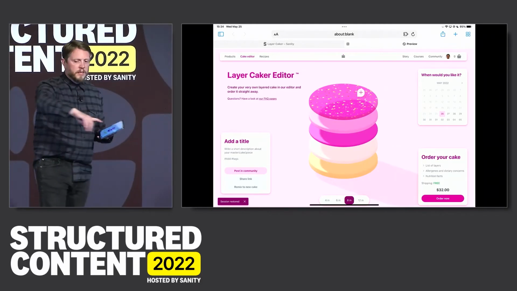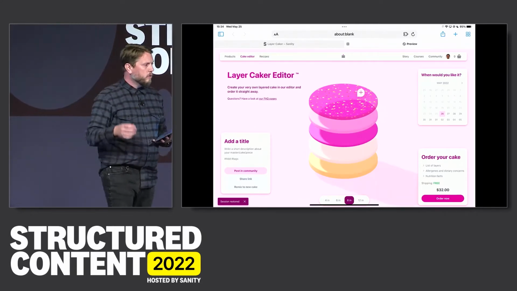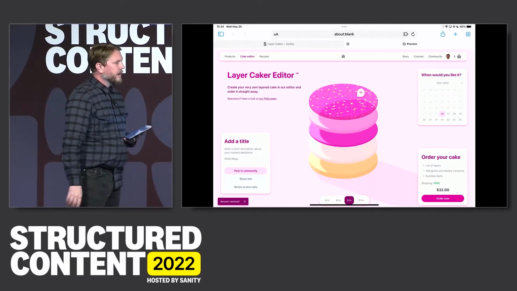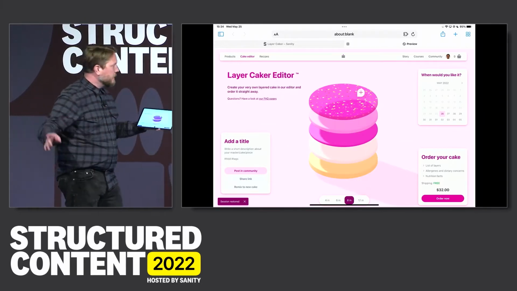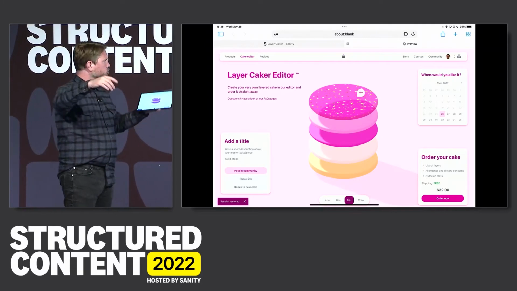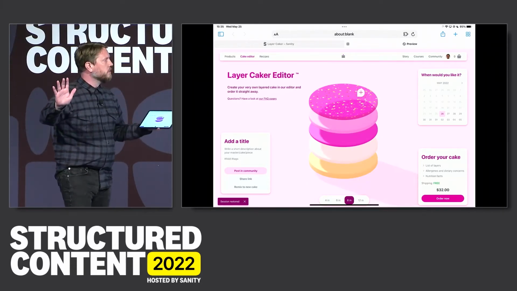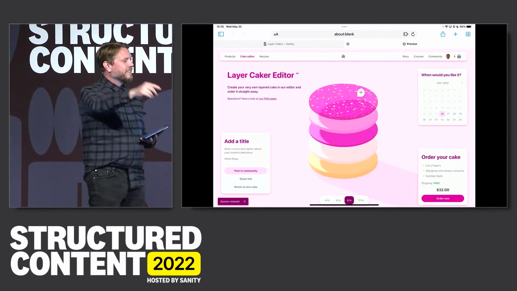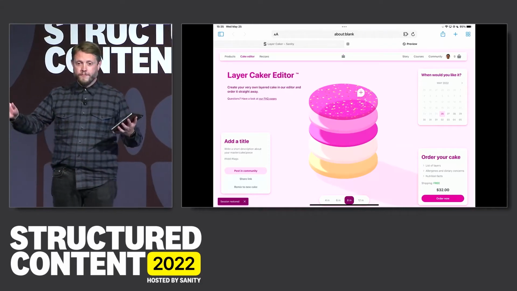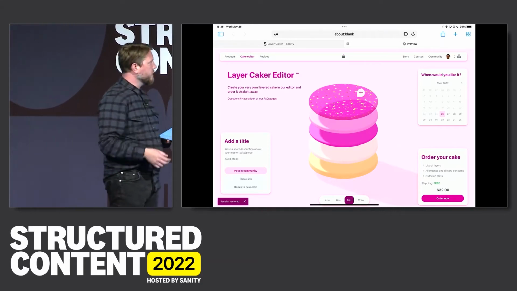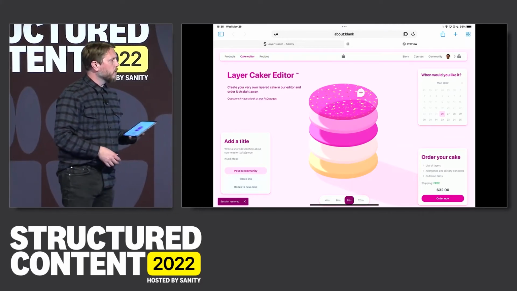You could do time-limited layers for holidays. You do the Halloween layer. You do the Valentine's Day layer. Maybe you do a co-branded layer with a different company. Or go completely crazy and you do layer drops that you need to go into the metaverse to find and add, or I don't know. That's the poetic license. Our customers are not currently doing that. But they could, because they're in this space where they're modeling not only the content that they show and the user experiences that they draw up, but also their operations.